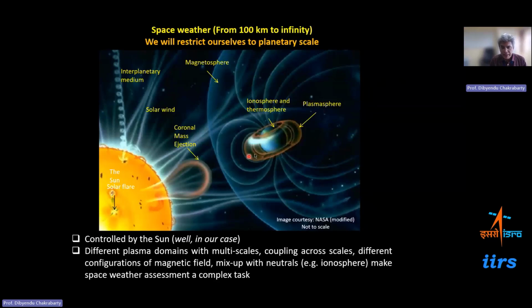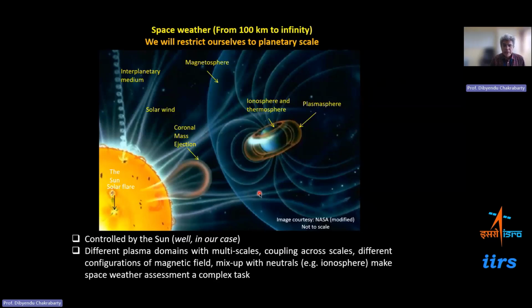And on the day side, this distance is around 10 to 12 Earth radii or so, which can change depending on the solar conditions. Therefore, the moon is here, and it can come out into the nearer space and then go into the magnetosphere as it orbits around the Earth.